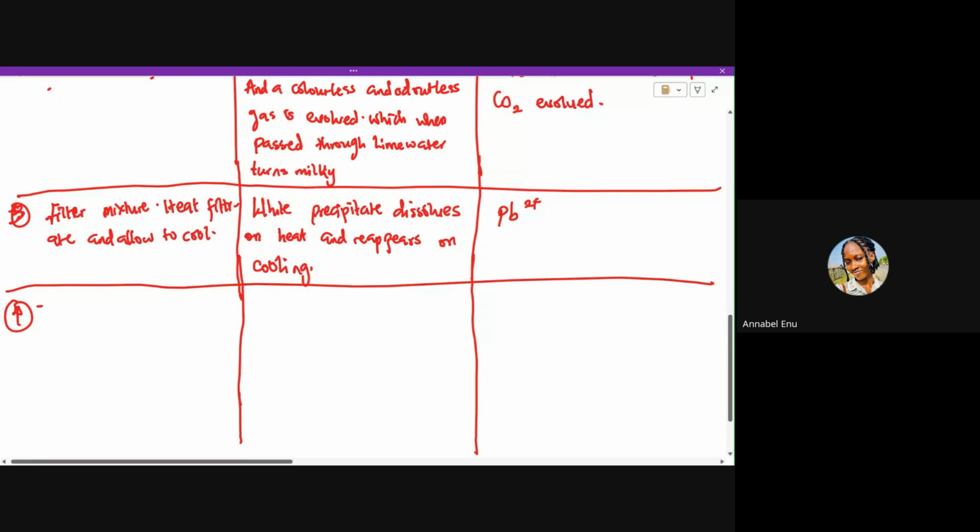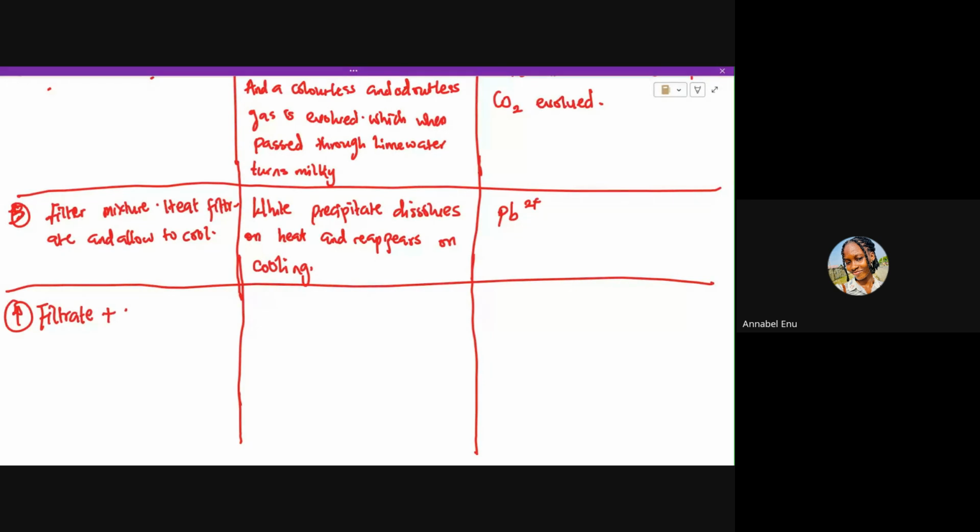Okay, we can be told that the filtrate, rather than heating it and allowing it to cool, another step that we can do to observe our lead II ion could be the filtrate being mixed or reacted